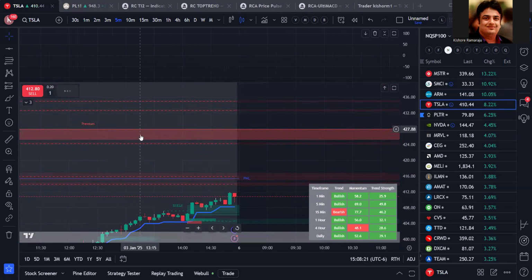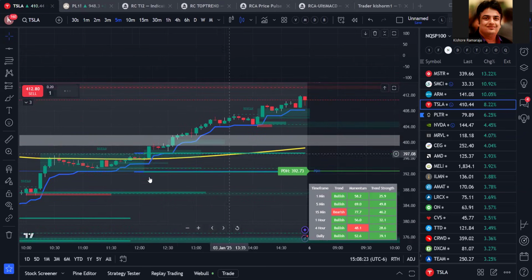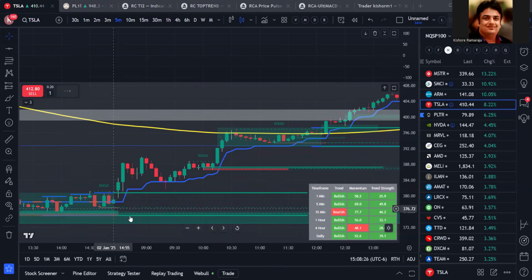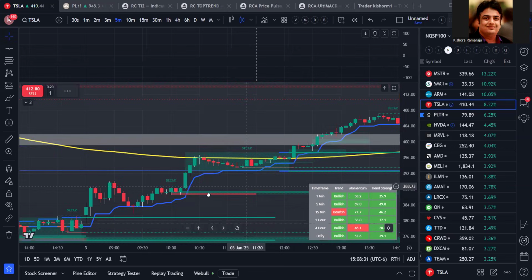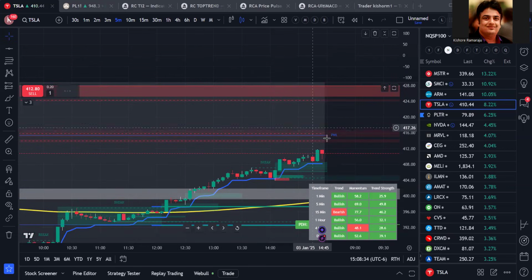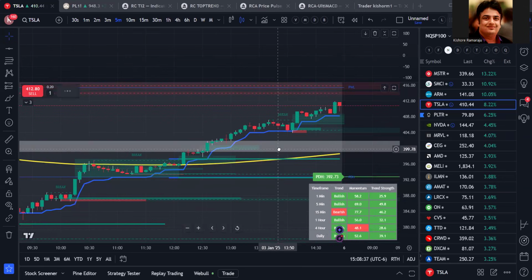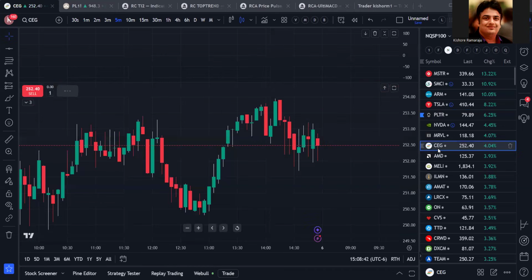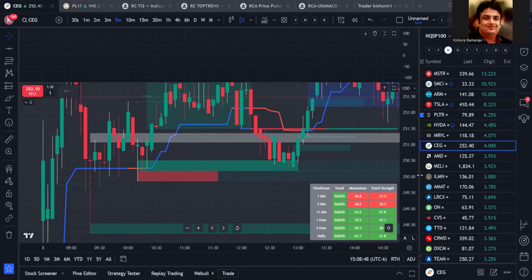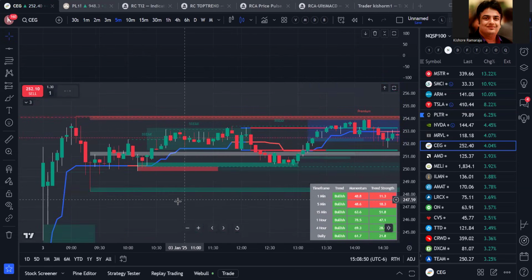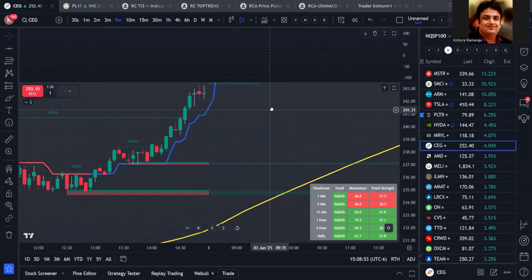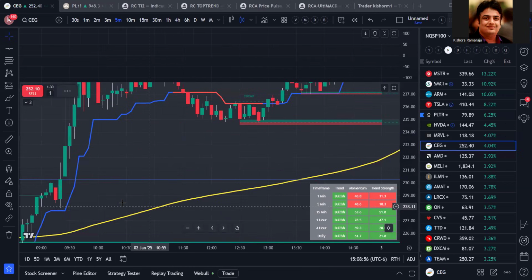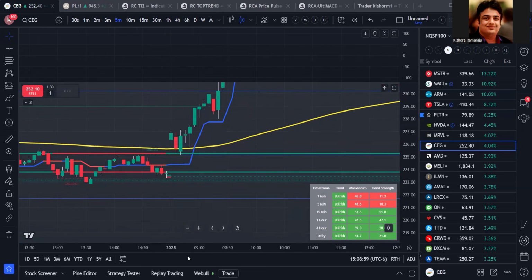So this is the premium zone. If you see that the trend is turning from bearish to bullish at a discount area, that is a huge opportunity, right? And you don't see any resistance, right? Only if you see these red rectangles, that is a resistance. From this point to this point, there is no resistance. It continued to go all the way up. Or you see CEG, or you can see any stock. All you need is to wait for that discount area. If you can wait for that setup, so here you can see,